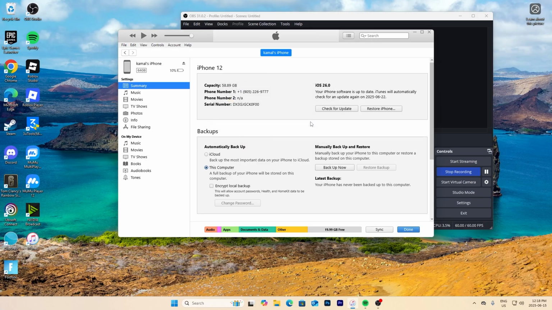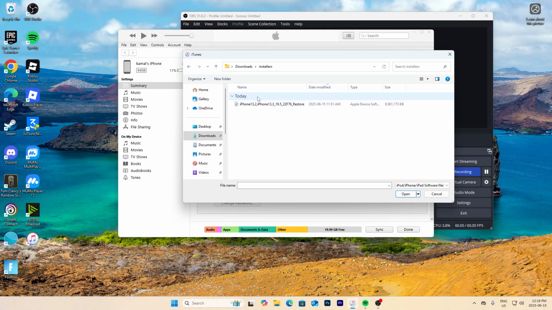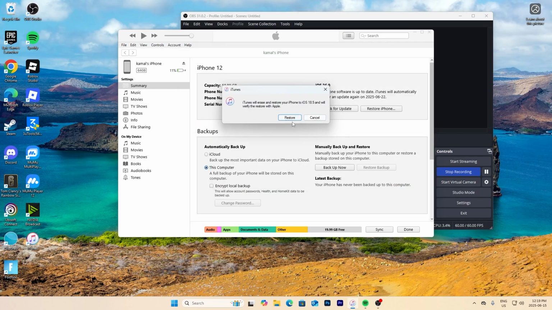But once you're done that, press restore iPhone while pressing shift. Okay, so you're gonna hold shift and then click on restore iPhone at the same time. It's gonna bring up this. Go to wherever the IPSW is. So you see the thing I made you download before from ipsw.me. You're gonna want to press on that, and you're gonna press restore,